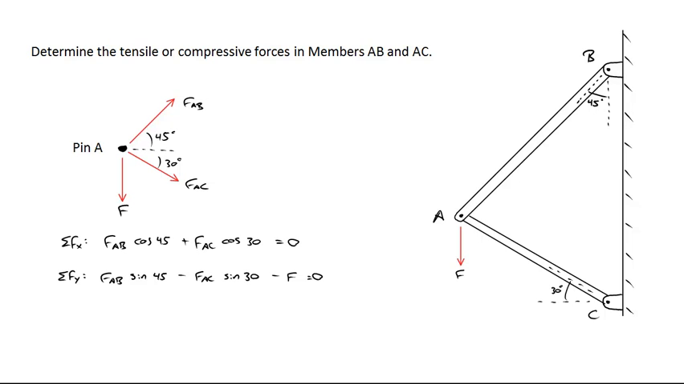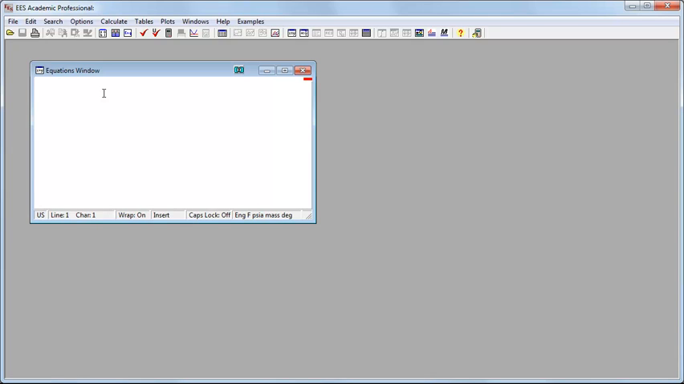So if AB is under tension, I've got FAB acting to the lower right, and if AC is in tension, I've got FAC acting on the pin to the lower right, and I've got some force acting downward. I've done my sum of forces in the x and in the y direction and set them both equal to 0. So if I go to Engineering Equation Solver, one thing that I did is I took a